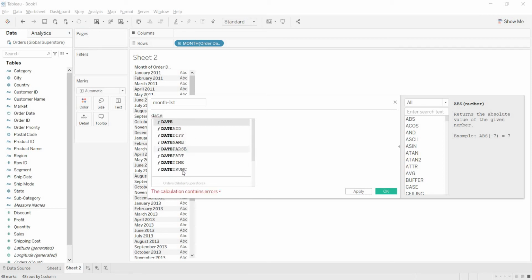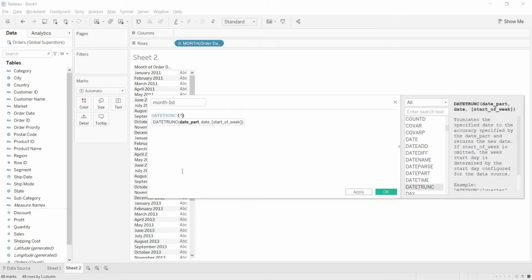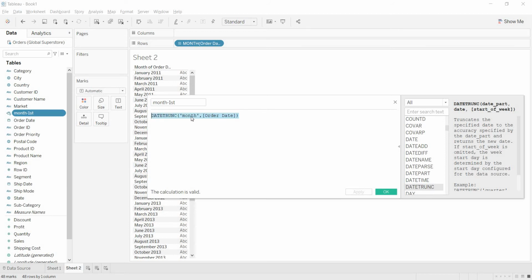I am taking DATETRUNC of month comma order date. With this calculation I am finding the first of every month. So DATETRUNC will give the starting date of the month.